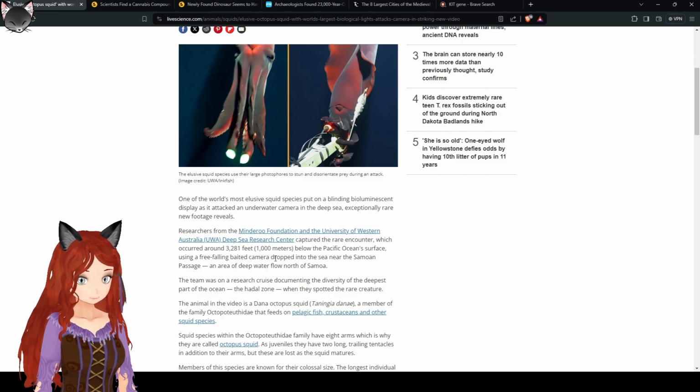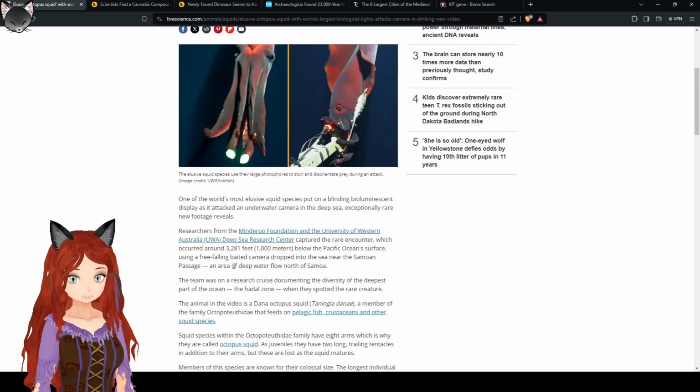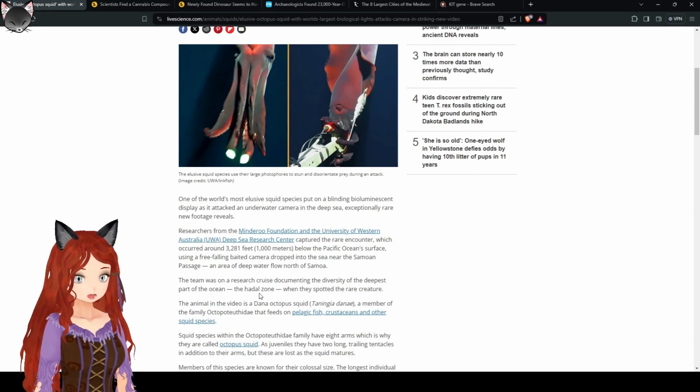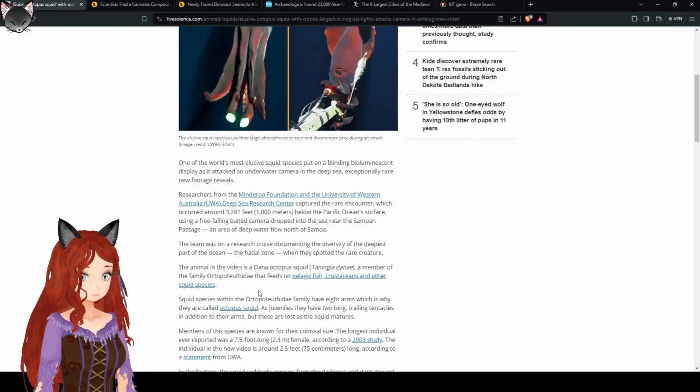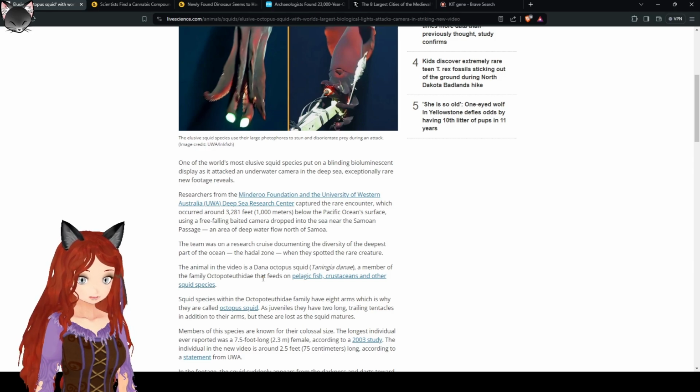3,281 feet or 1,000 meters below the Pacific Ocean's surface, using a free-falling baited camera dropped into the sea near the Samoan Passage, an area of deep water flow north of Samoa. The team was on a research cruise documenting the diversity of the deepest parts of the ocean, the hadal zone, when they spotted the rare creature. The animal in the video was a Dana octopus squid, Taningia danae, member of the octopus family